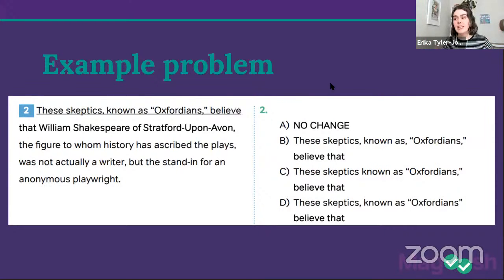First, we're going to try one that's about commas with modifiers. Then we're going to try one that's about placement. So here, if we take a look at this question, we should notice, one, that this sentence is awful. It's really long, a lot of commas. So we might want to do a little bit of cutting the fluff here to make this a little bit simpler.